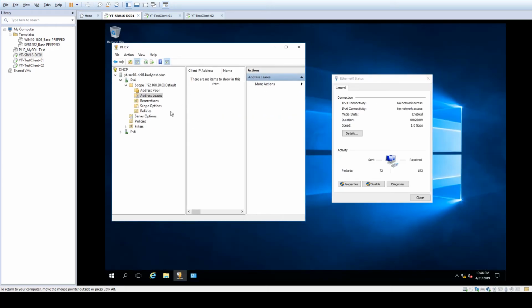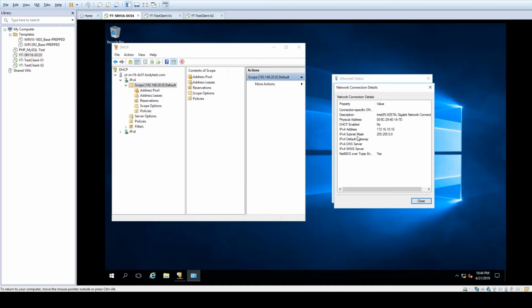So my DHCP server scope is 192.168.20.0. That's the network we're using. But the address that my server, the domain controller, and the DHCP server are on is a 172.16.10 network, or 172.16 network. And because of that, it's having an issue detecting this scope because I don't have it routed correctly within my virtual machine environment. So I'm just going to go ahead and delete this scope that we have and remake a